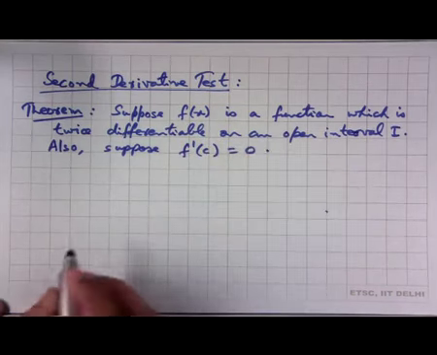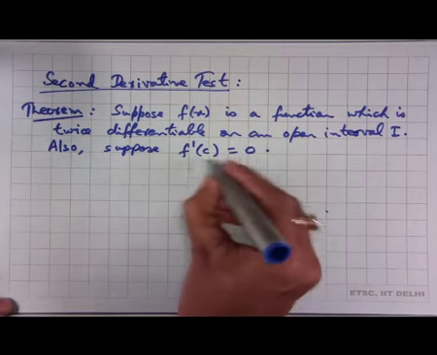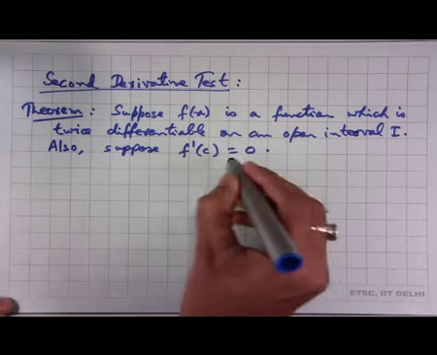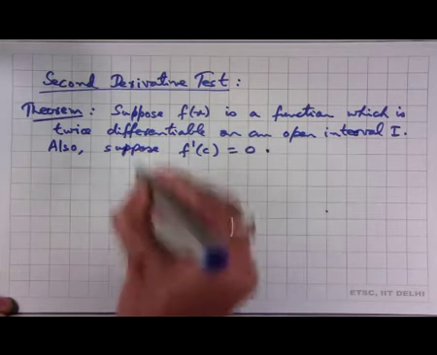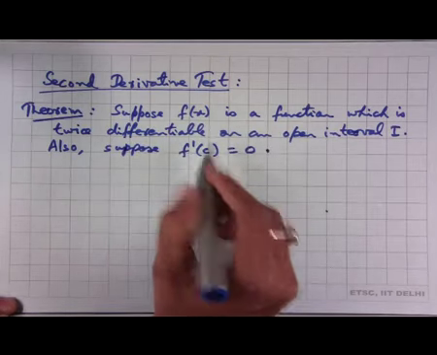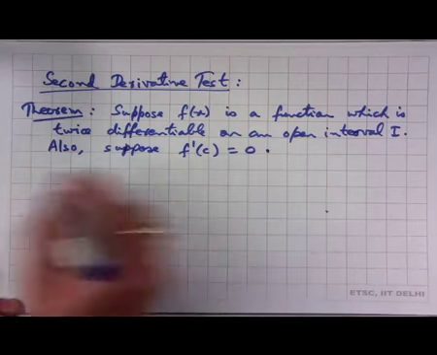So, we have a critical point at x equal to c. Now, we want to decide whether c is a point of local maxima, local minima or neither. So, then